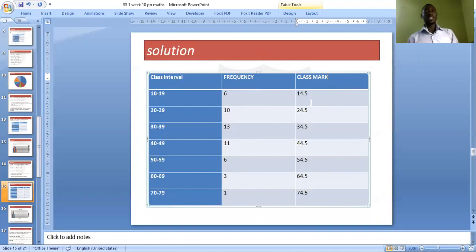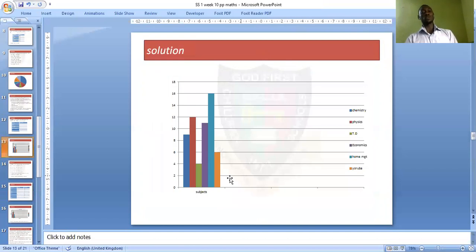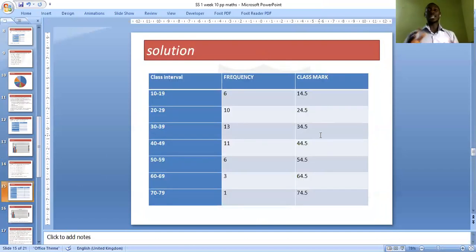the variable, is represented on the horizontal axis. The only difference between class mark in grouped data and ungrouped data is that your variable, you have your variables automatically under ungrouped data, but for grouped data, you use your class mark to represent your variable. The frequency remains on the vertical axis. So 3 columns you use here, class interval, which I will